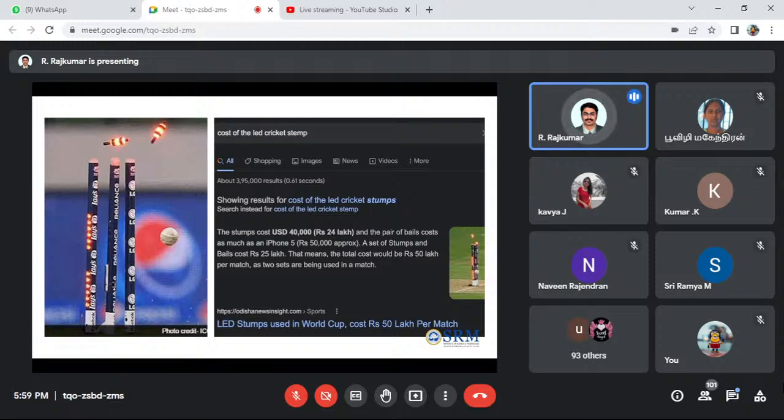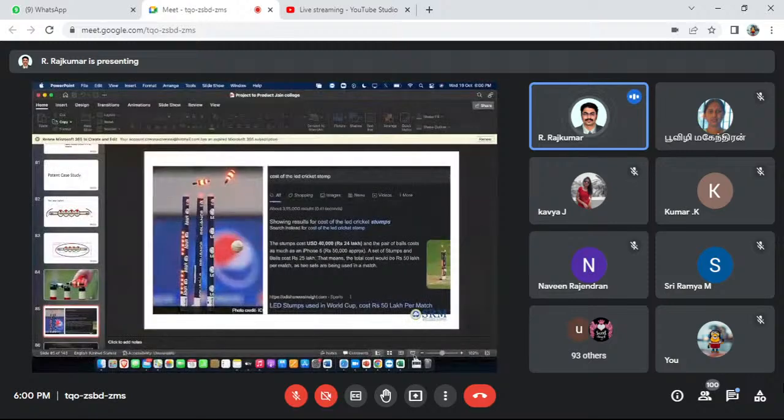So what could be the answer? Yes, it is 24 lakhs, only one stump. If you need another, because there are two batsmen in the field, they have to buy another 24 lakhs.